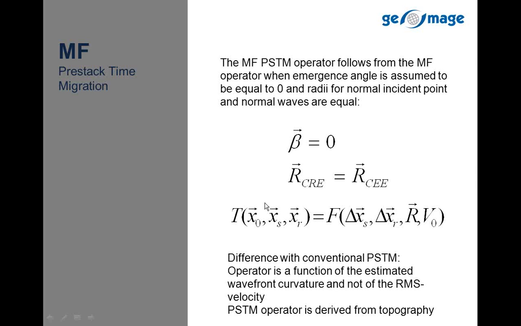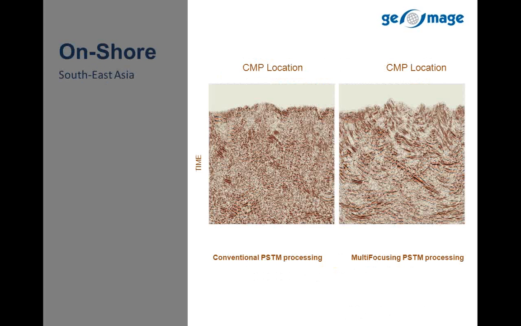So in fact this represents the diffraction travel time surface, and then the multifocusing approximation becomes an accurate approximation for time migration. So using this operator, we apply it to the data, and as a result we get the time migrated